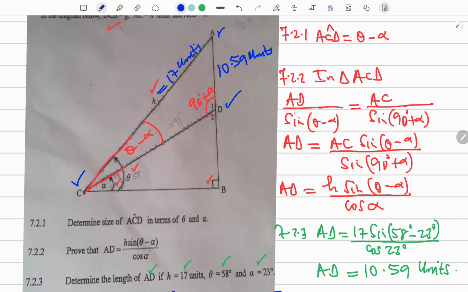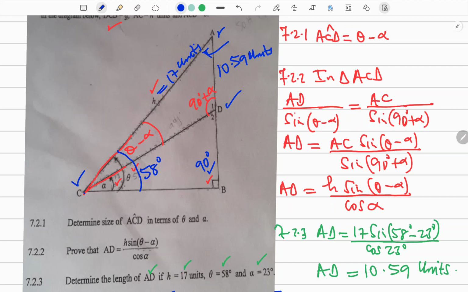You need to find the size of the included angle. The angle theta here is 58 degrees, and that one is 90 degrees, so you have to say 180 minus